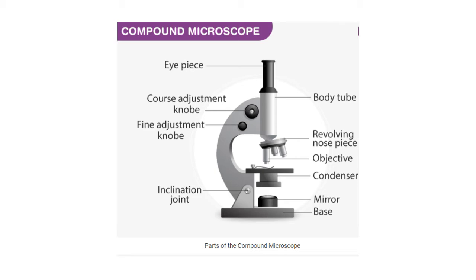This is a compound microscope. You can see the eyepiece, then you can see what is written as revolving nose piece. Then there are objectives. Here there are three different ones shown. That means each has a different magnification. It may be 10 times, maybe 50 times, maybe 5 times, depending upon that. You have the base, you have the mirror. You keep the object where it is written as the condenser, above that there's a body tube, and you are able to see a magnified object through the eyepiece.